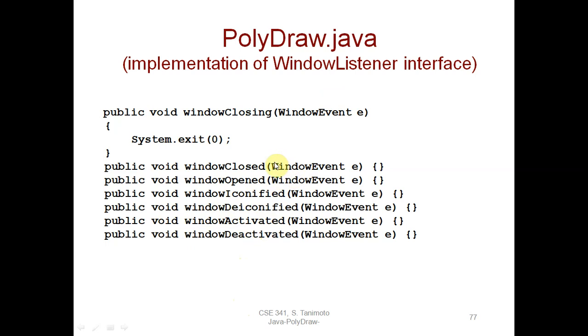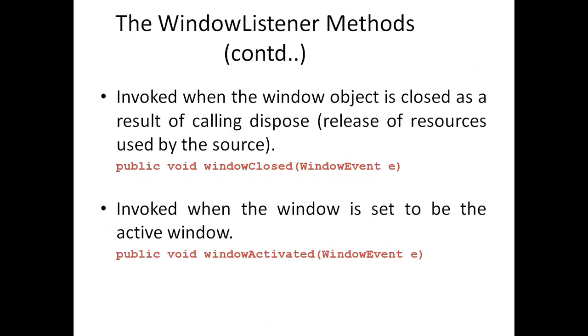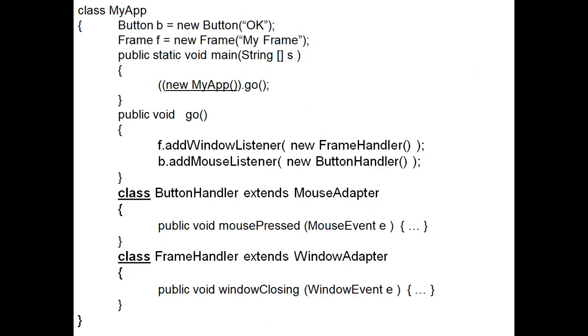For the window listener, we require a WindowEvent as an argument, in case of the key listener we require a KeyEvent, and in case of the item listener we require an ItemEvent. Accordingly, the pattern of the function and program is the same in all the cases. And here is one of the programs of the window listener, in which we are using button handler as well as frame handler.